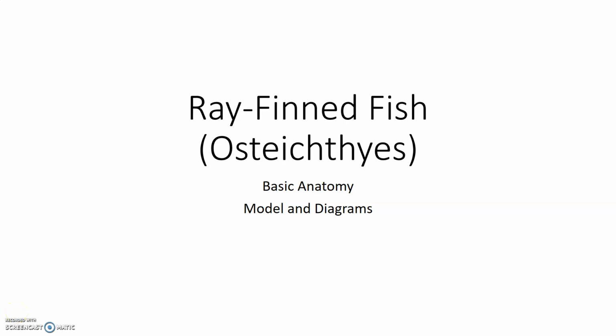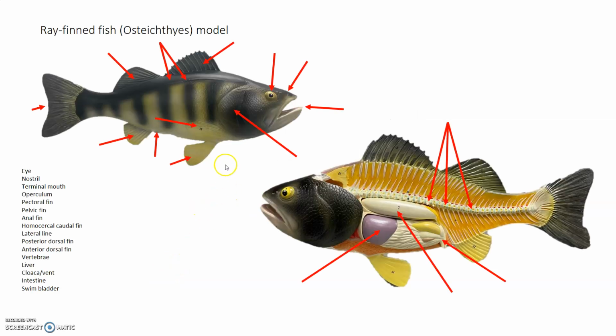In this video, we'll be reviewing the basic anatomy using a model and some diagrams of a typical ray-fin fish that belongs to the Osteichthyes group of vertebrates. If we look at this model, we can see first, looking at the external anatomy, the terminal mouth, the nostril,